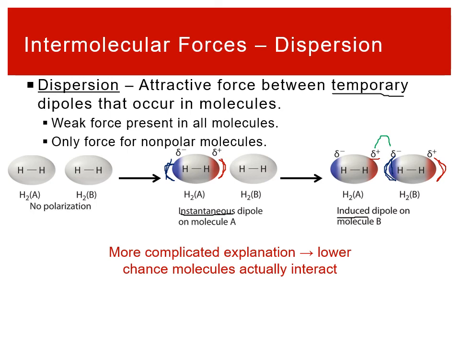You will note, it's kind of a long-winded explanation. It requires multiple probabilities. You have to have the instantaneous creation of a dipole, and then there has to be another molecule nearby that can be induced in order for dispersion to occur. It does happen. There are a lot of molecules in a bulk phase, and they have multiple electrons. It is rare, but you have so many chances that it happens. There's generally a decent chance that you get inducement of a second dipole,